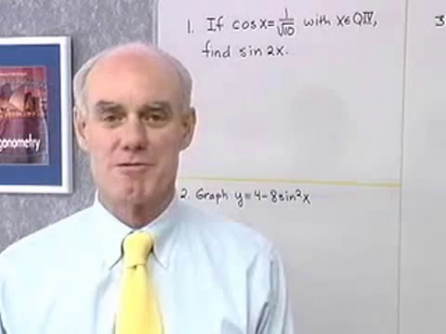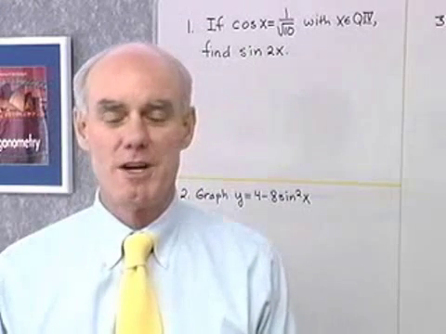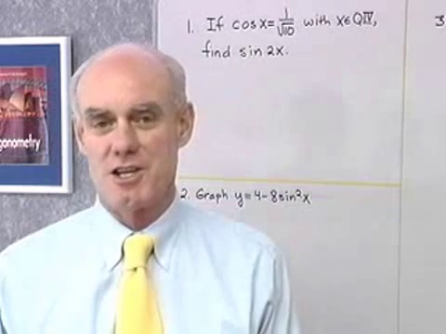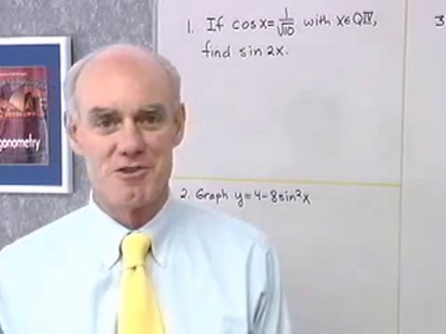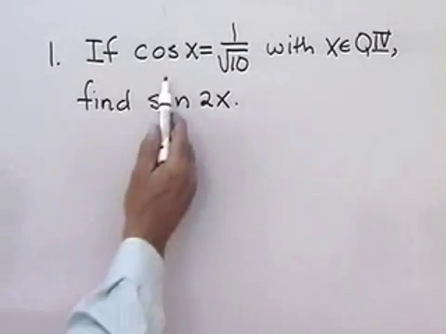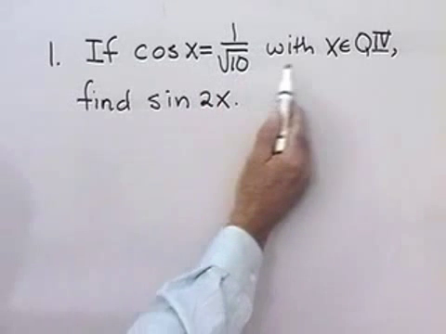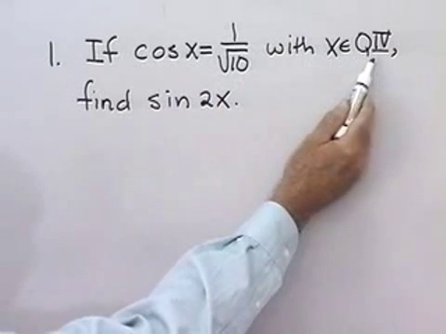Double angle formulas. Formulas for the sine of 2x, cosine 2x, tangent and cotangent 2x. Let's take a look at our first problem. If the cosine of x is 1 over square root 10 and x belongs to quadrant 4, can we find